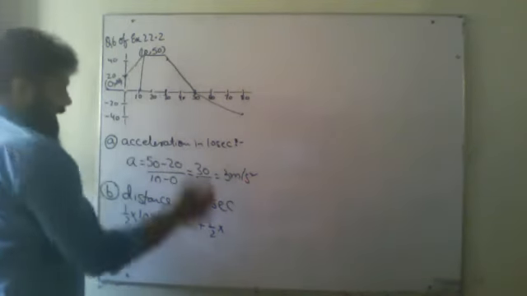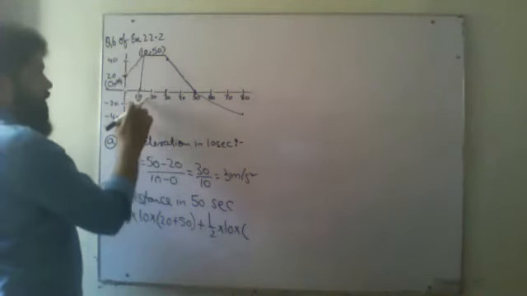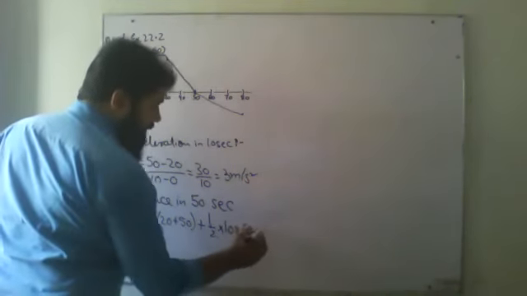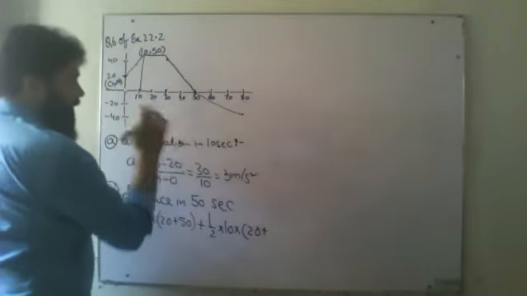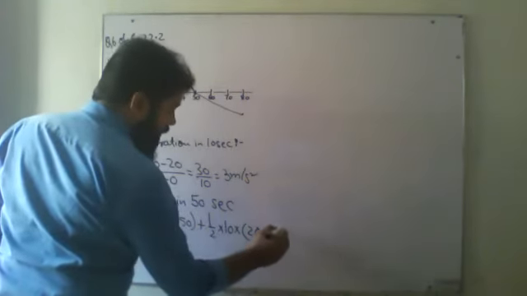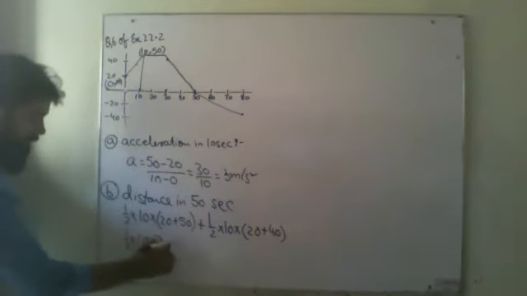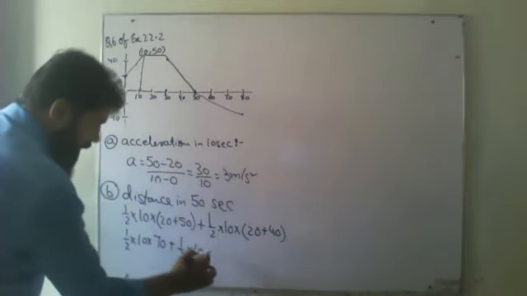My base will be 20, into the parallel sides: the first parallel side will be 50 plus then 10 to 50, this will be 40. Simplifying it, half into 10 into 70 plus half into 20 into